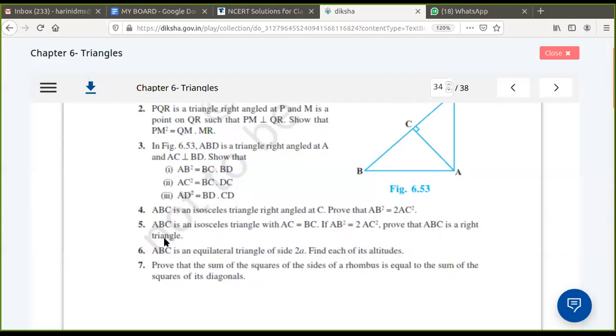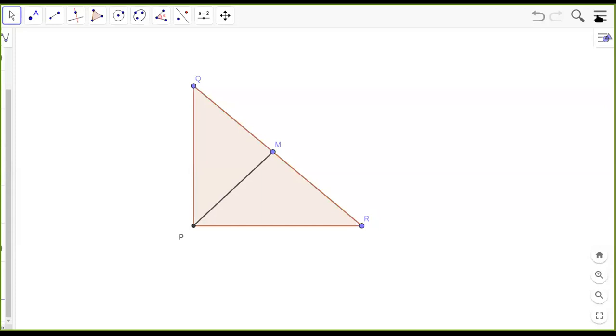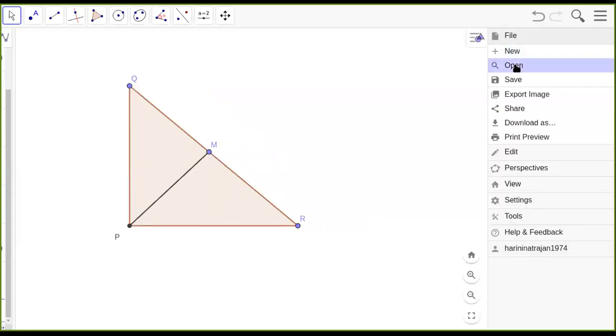To draw the figure, it is very simple. You have an isosceles triangle to be drawn with AC equal to BC. So let me see if I can go back to my app. Maybe I have to stop my screen share, because it's not selecting the GeoGebra otherwise. You must tell me what you're seeing. I'm just going back to the app so that I can make you see. Where are we now? Which page are you seeing? GeoGebra. Okay, good.